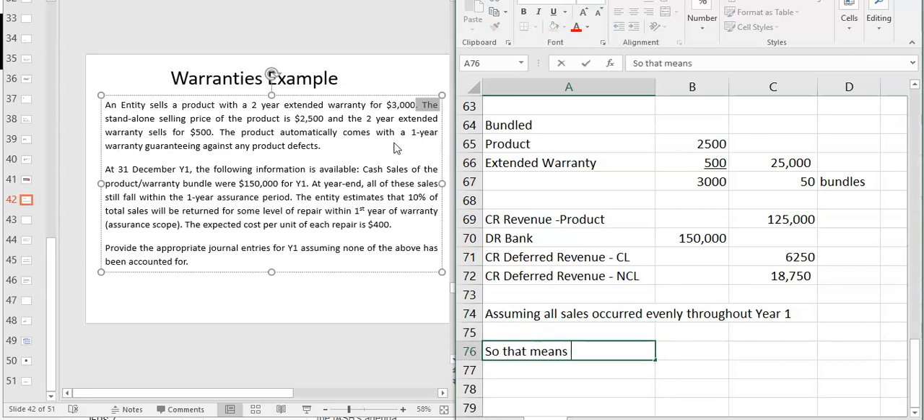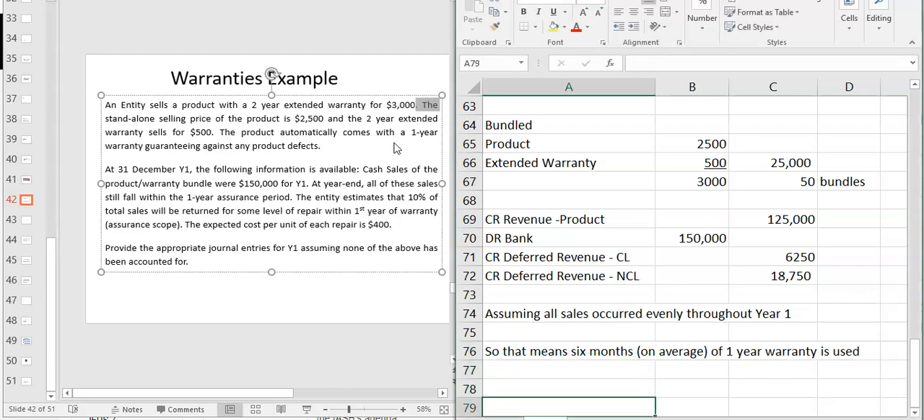So it means on average you're going to have, say, a sales date of the 1st of July. So that means 6 months on average of the 1-year warranty is used. So we're saying if this occurs evenly throughout the year, on average 6 months of this traditional 1-year assurance warranty is used. So in year 2, and this again is all on average because you're not looking at each contract. On average,